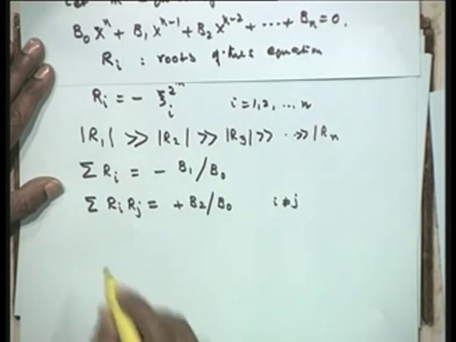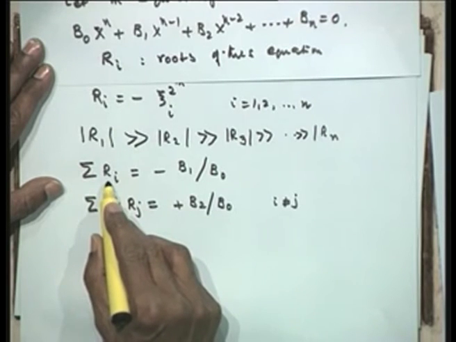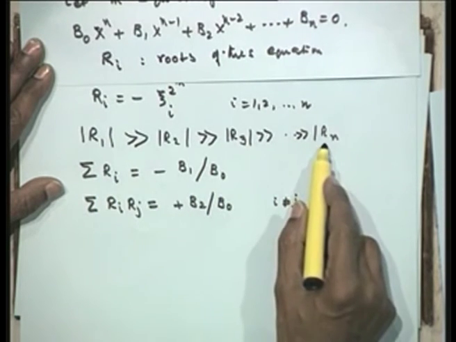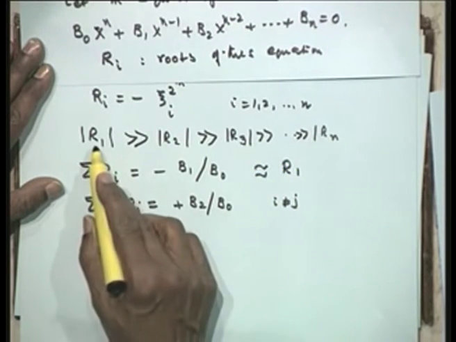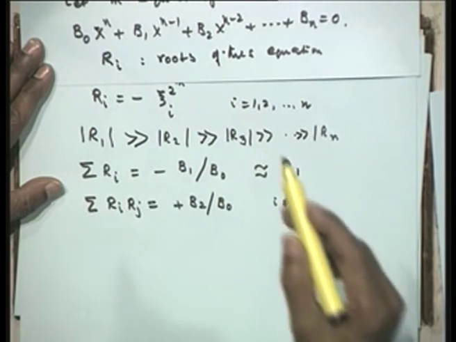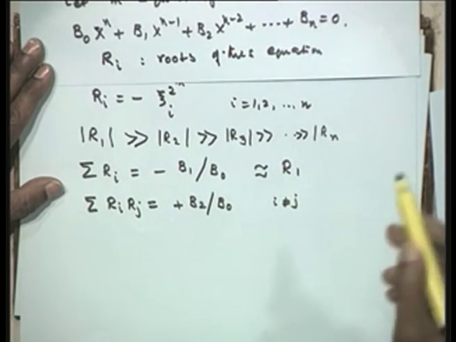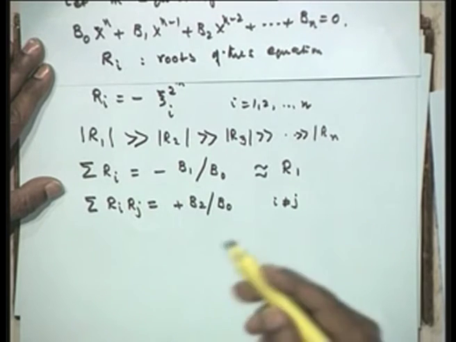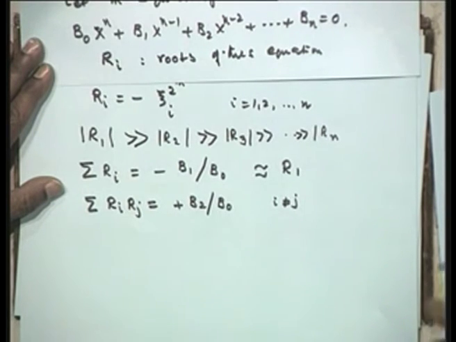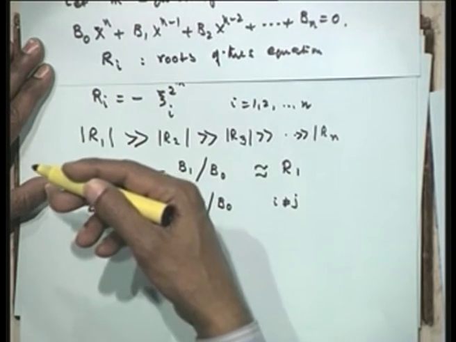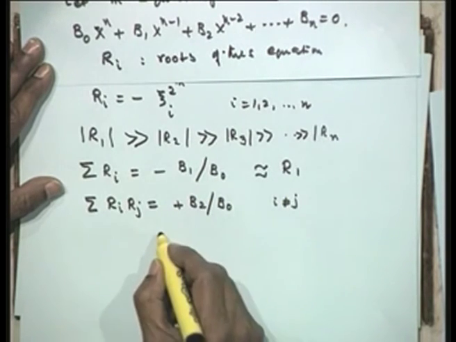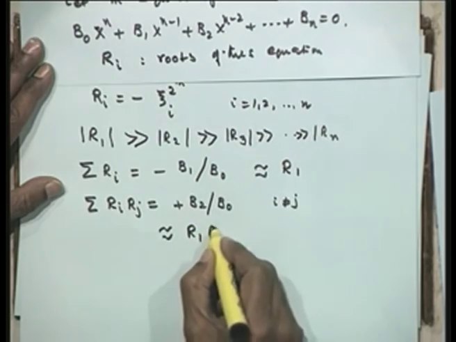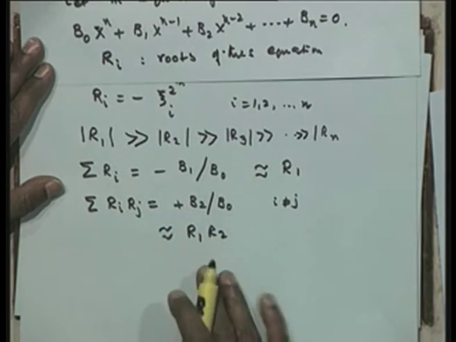Now, we will write the remaining ones. Since the roots are far separated, I would approximate this as R1, the leading root. For example, in the example which I have taken, 1, 16, 625, I will approximate the sum of the roots as 625. So, when we do a few more squarings, the biggest root is of the order of some 10 to the power of 15, and the next root is of the order of 10 to the power of 5 or 6. The ratio of these is so big that we will approximate this as R1, and this as R1 R2, and so on.